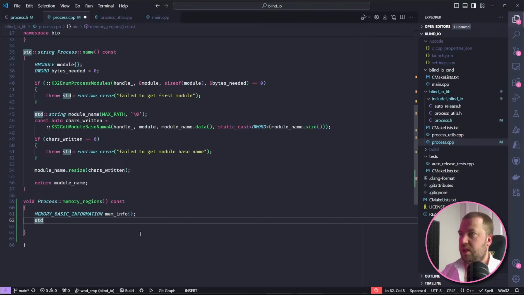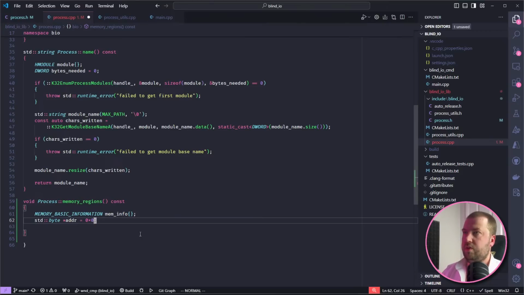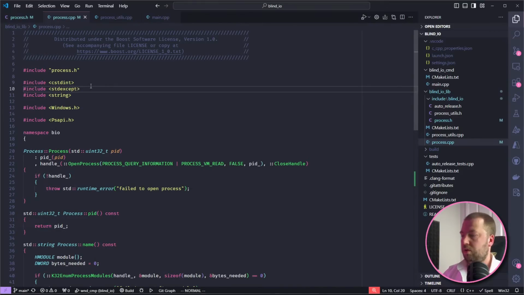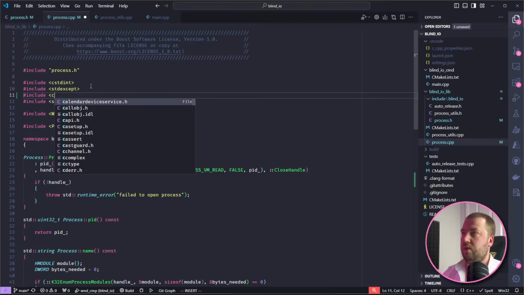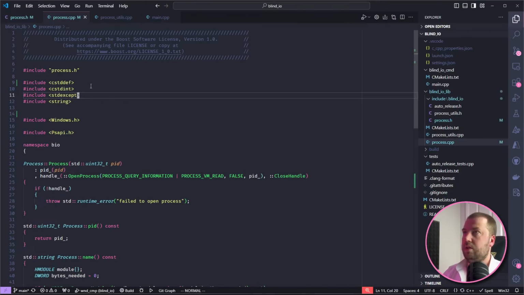So then we need an address to start getting information from. So let's do address 0. We're going to start at the beginning of the virtual address space, and we're just going to keep going until we've enumerated all the virtual memory and hopefully gotten information about it as we go along. I need to include cstddef for access to std::byte,